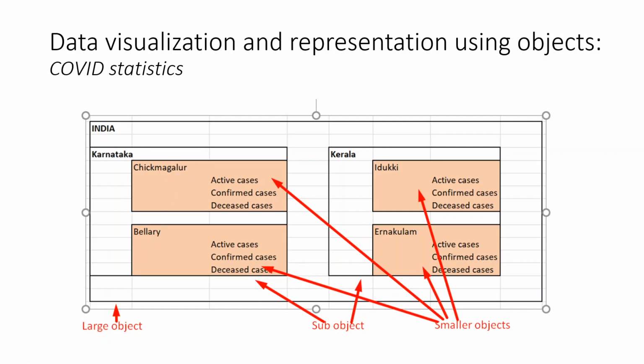So in order to put data in a hierarchical structure, we do object inside object. Objects can contain objects inside that. So this is a big object, this is a sub object, and inside that there are smaller objects. This is how we can relate. As humans, we can just see this and think, okay, this is how the data is visualized. Maybe you're doing some data analysis in the background and generating this dashboard.